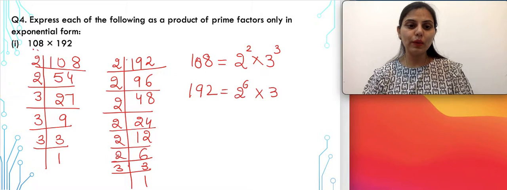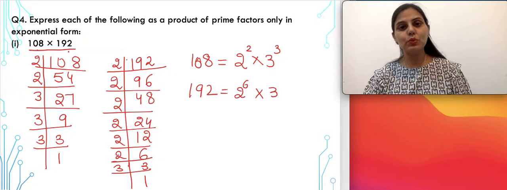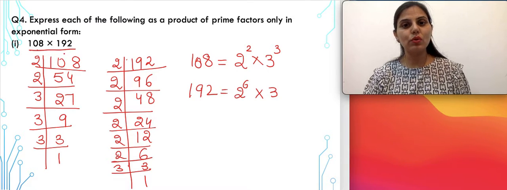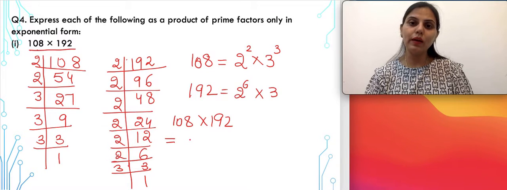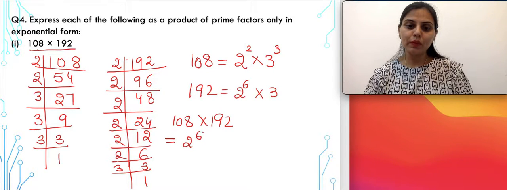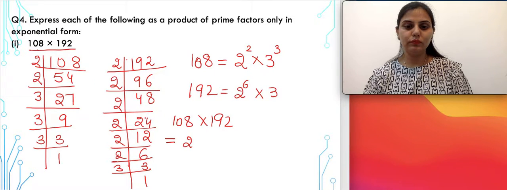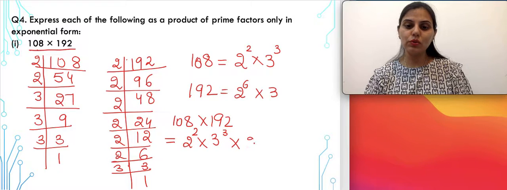Now, when you see the question, both the terms are multiplied together. That means we need to combine their prime factorization also and write it together. So, in the next step, we can write 108 multiplied by 192 is equal to, let's write the exponential form of the first number, 2 square multiplied by 3 cube. For 192, the prime factorization that we have done is 2 raised to the power 6